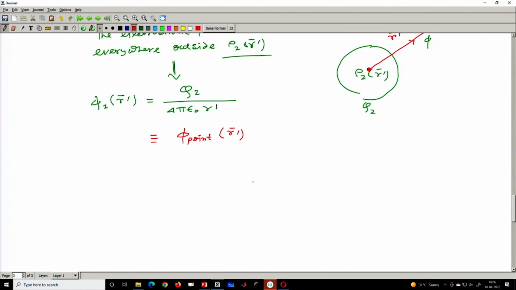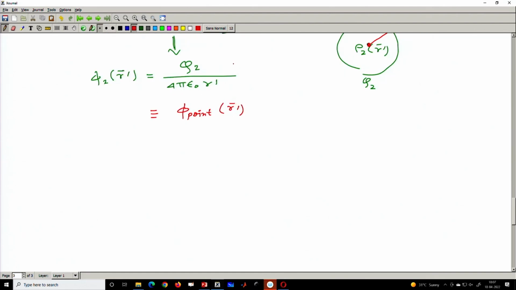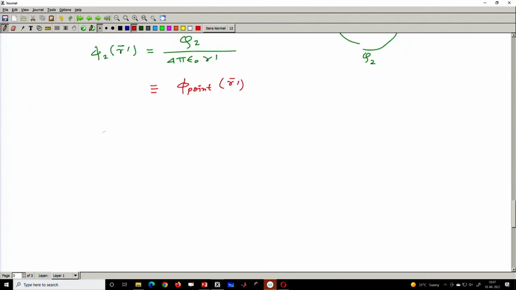Okay. Now, this is considering all the total charge is replaced by a point charge at the center, as I mentioned. So, that is the potential. So, in both cases you will get the same result. Now, the potential energy